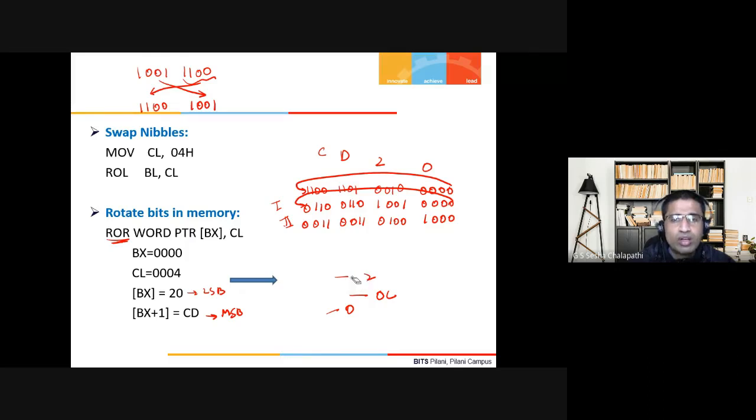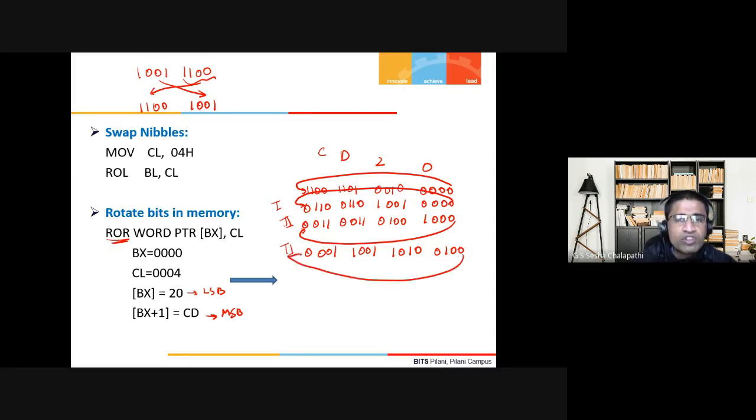After the third rotation, it becomes 0001 1001 1010 0100. And after the fourth rotation, this will again go here: 0000 1100 1101 0010, that is 0CD2.